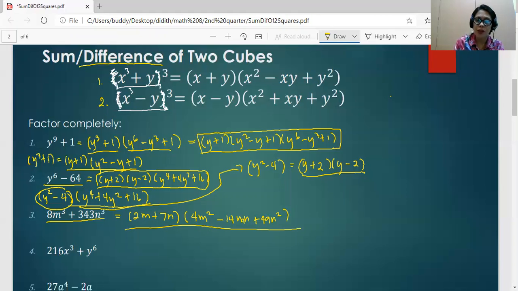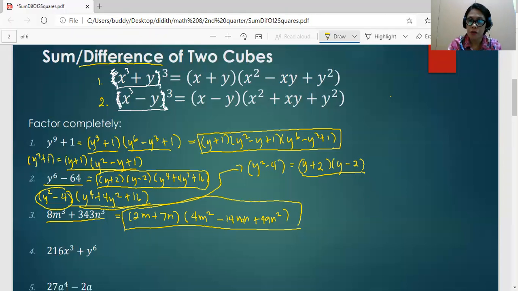Unlike with the first two examples, where we tried to factor out either of the factors since one factor in the previous examples was still factorable, in the case of number 3, both factors are no longer factorable. So we'll consider these factors as the final factors.